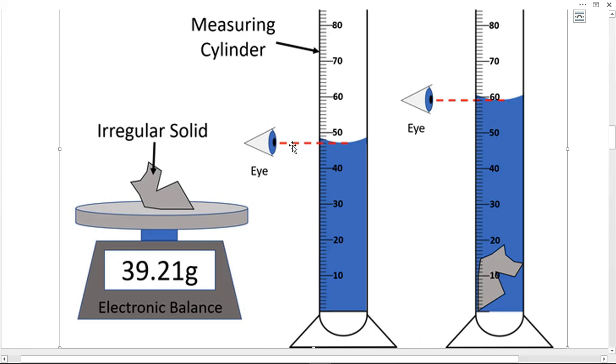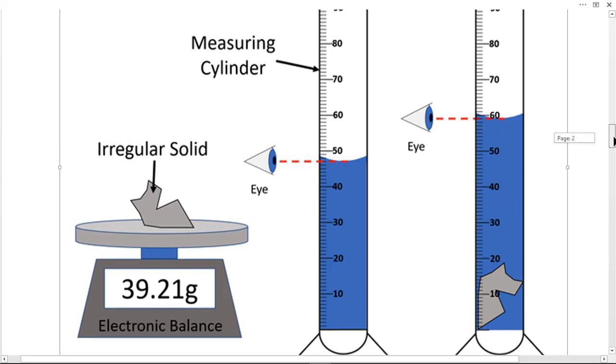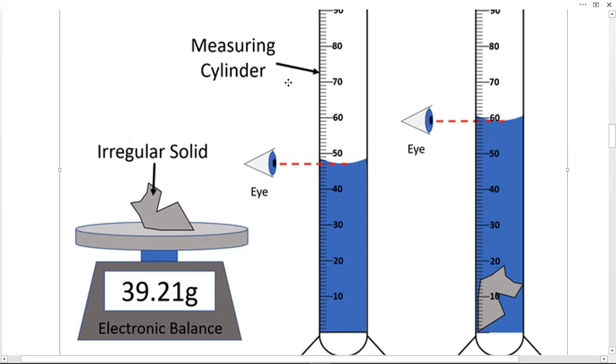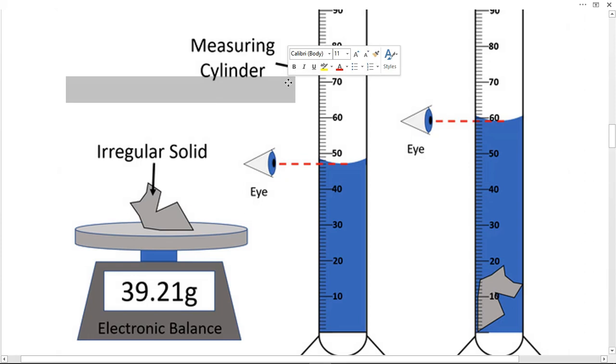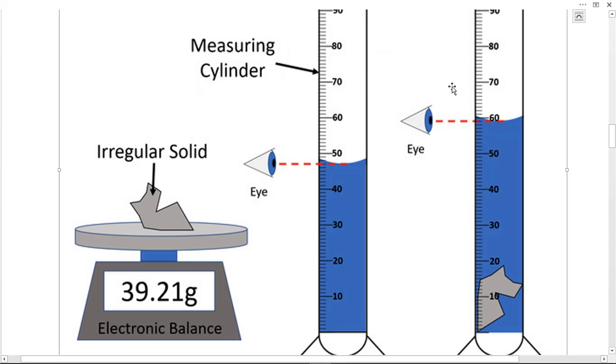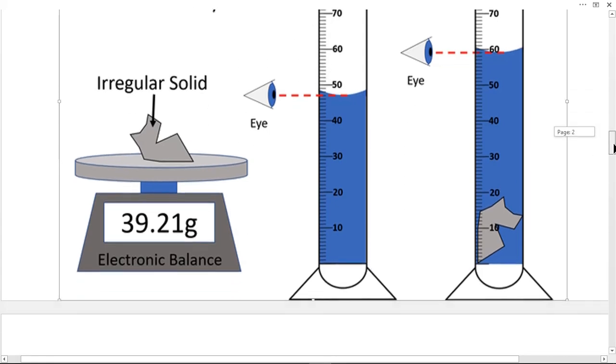You can see here, your eye level is exactly at the same position as the level of the water or liquid, and same here. If you are taking it from another side, for example from here, you can see my mouse, if you measure from here or from here, there will be a chance of error. Okay, so this way, by finding the mass of the irregular object using the top pan balance,